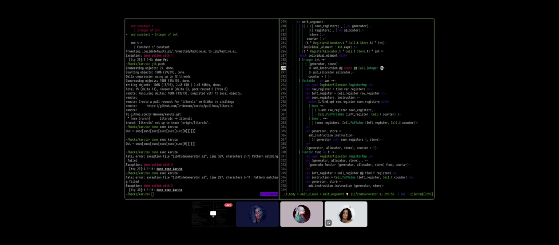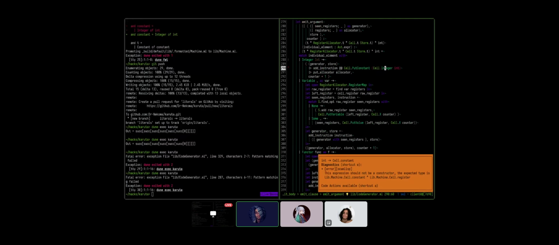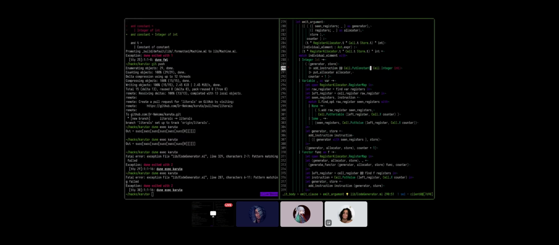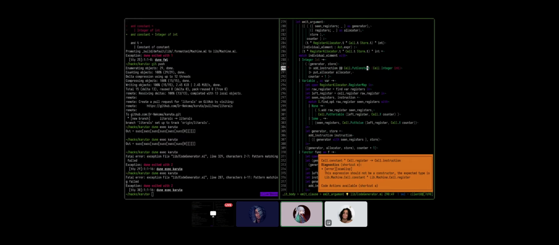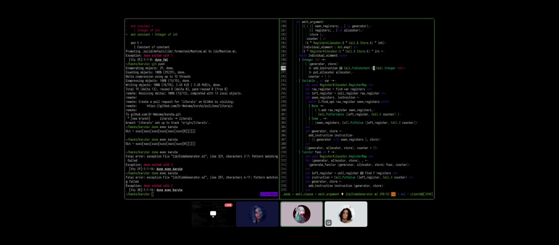Okay. I'm glad you have all of that in your head, Marie. cell.putConstant, and of course this doesn't work with apply because why would it? That would make way too much sense. Put constant requires a register as well, actually.